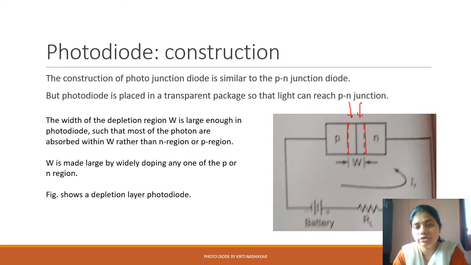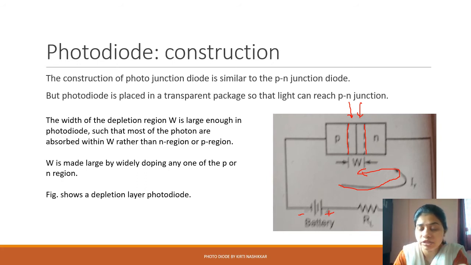and when we are shining light on it, we know that light consists of photon particles. So when these photons fall on the PN junction, the covalent bonds of the holes and electrons get broken, and the majority charge carriers become free. So electrons become free, and because of that the current can easily pass through the diode now. This is the conventional direction of current flow, from positive towards negative. So this is the actual working of the photodiode.